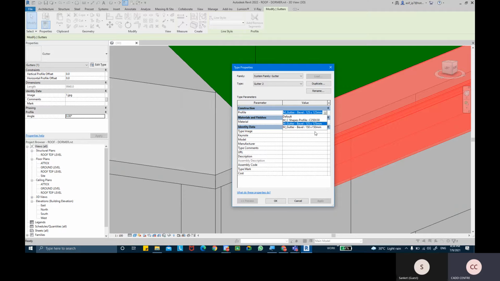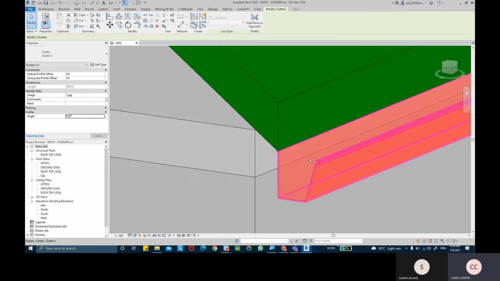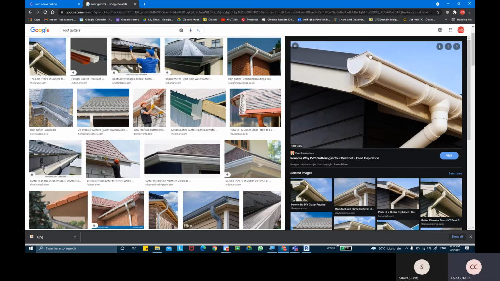And we can see we have profiles. We have another profile, but I think that's a larger size, a 150 by 150 profile. Pick that, and now if I click on OK, it's quite a bigger size, but it doesn't change that shape. So that current shape is not available. We might have to create that family profile for that gutter.